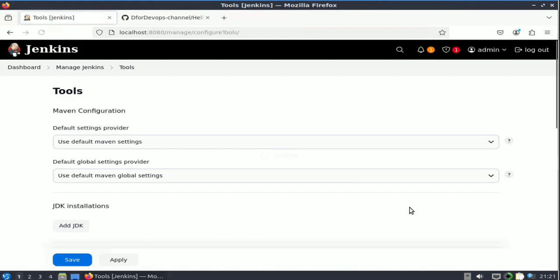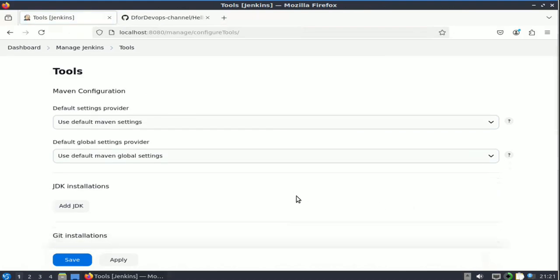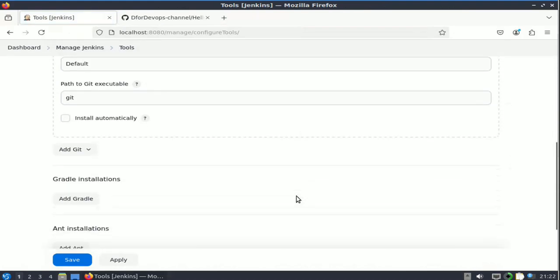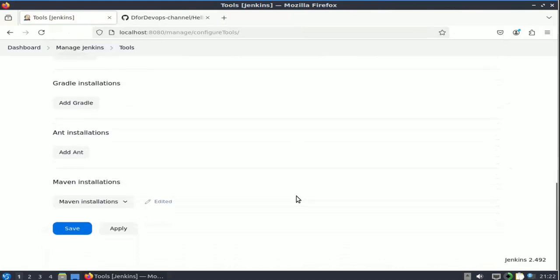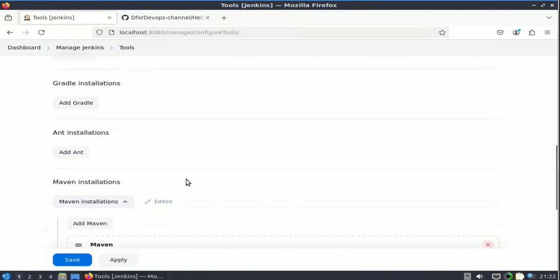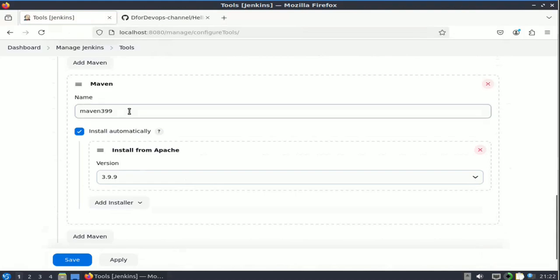Here we would check our Maven setup, which we have done, the installation. We will scroll down. Here we can see the Maven installation, right? We'll see what we have done. So we have installed 3.9.9 and by the name Maven 399. We'll copy this one, go to our pipeline job,